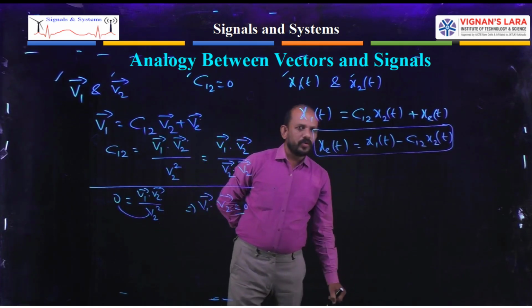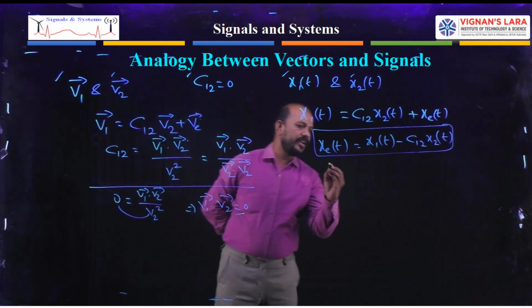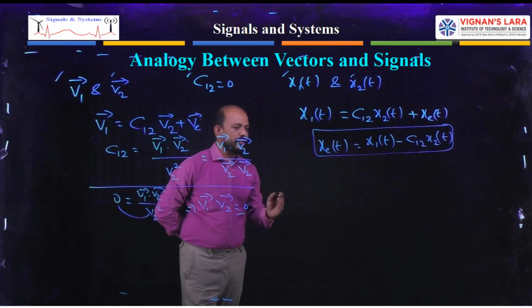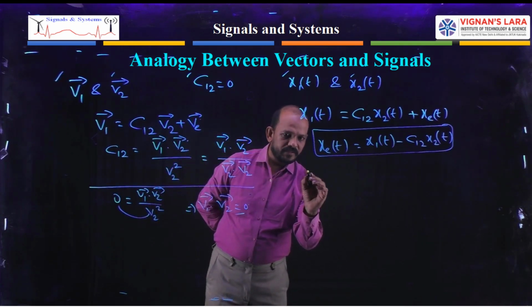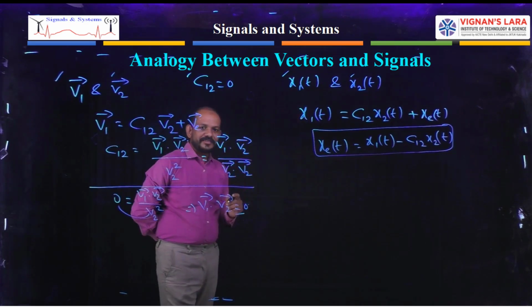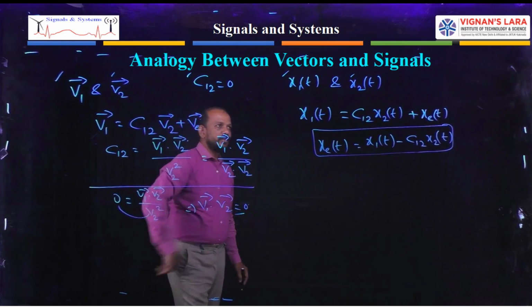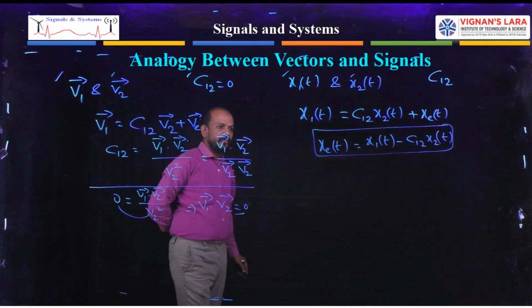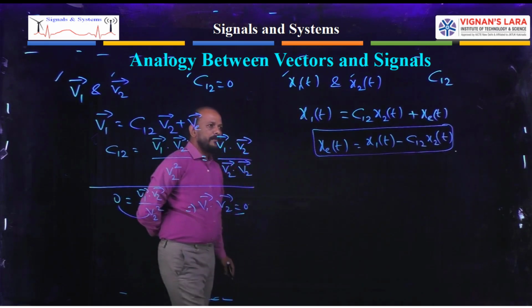So first, what we have to do is the average of the squared error. Average is also called mean. So we have to find out the mean, that is, the mean square error. Now in the last class I had given you the work: you have to find out the value of c12. Now here we need the mean square error.